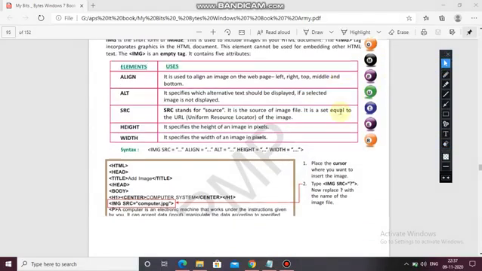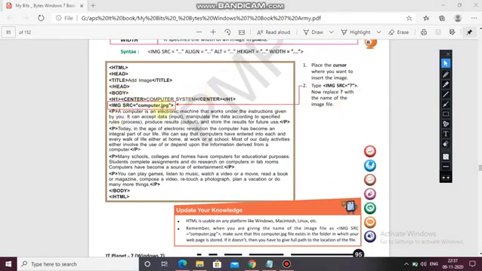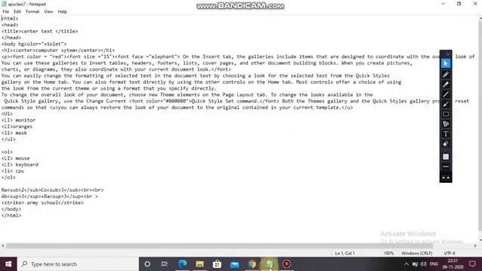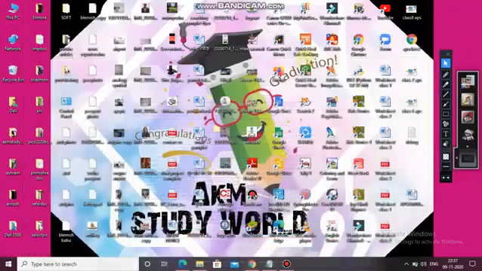Now next, you can see here img src computer.jpg. Place the cursor where you want to insert the image and then write img src. I hope if I have a picture then I can show you. Like here, before font I want to use IMG. So the IMG tag I am using. Then next, the name of the picture. I have to see if I am having any picture or not. So okay, like this Shivlinga.